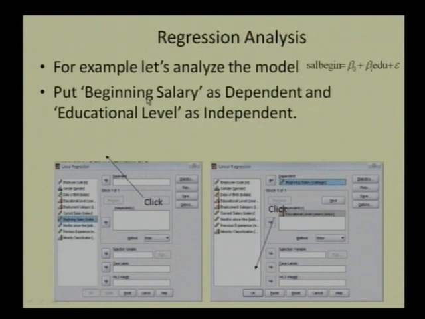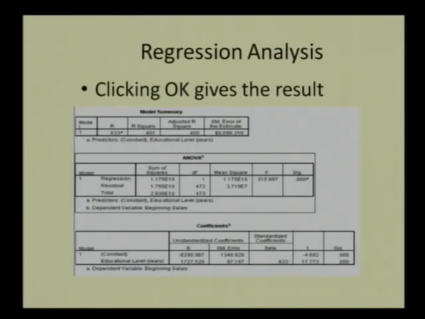So put beginning salary as the dependent variable and education level as the independent variable, because salary depends on education, education does not depend on salary. So we have to be very careful while deciding these things. If you go to the next slide, once you select it, you press OK.